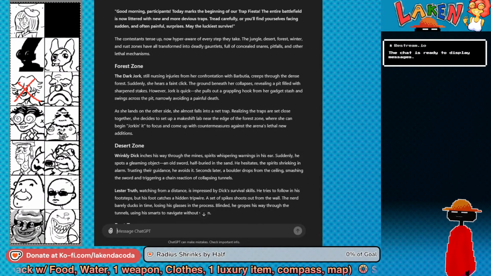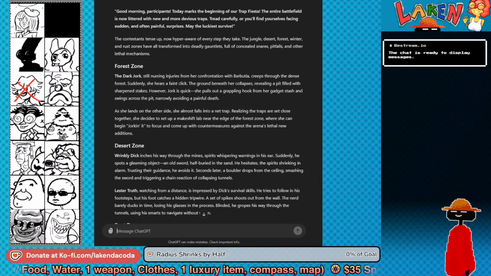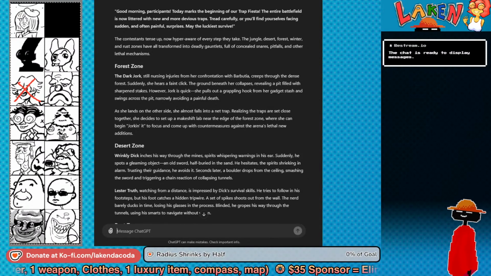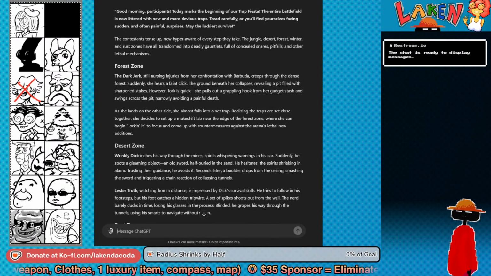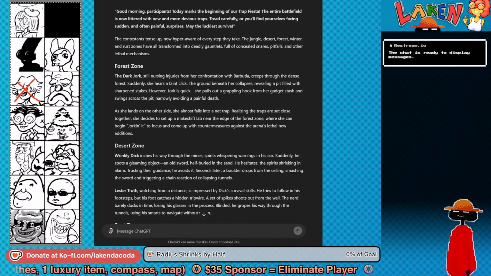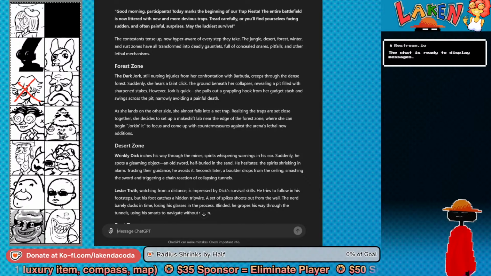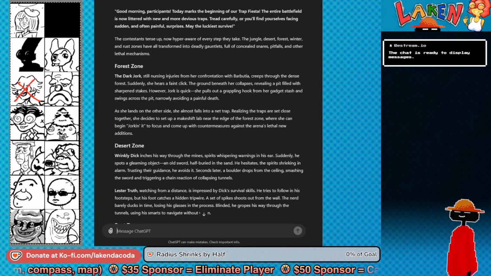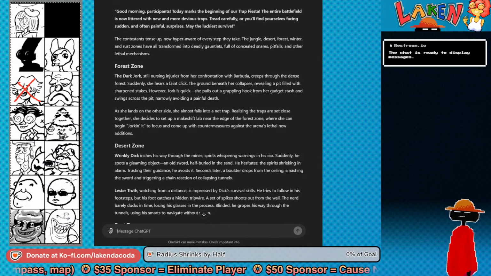However, Jork is quick. She pulls out a grappling hook from her gadget stash and swings across the pit, narrowly avoiding a painful death. As she lands on the other side, she almost falls into a net trap. Realizing the traps are set close together, she decides to set up a makeshift lab near the edge of the forest zone, where she can begin jorking it to focus and come up with countermeasures against the arena's lethal new